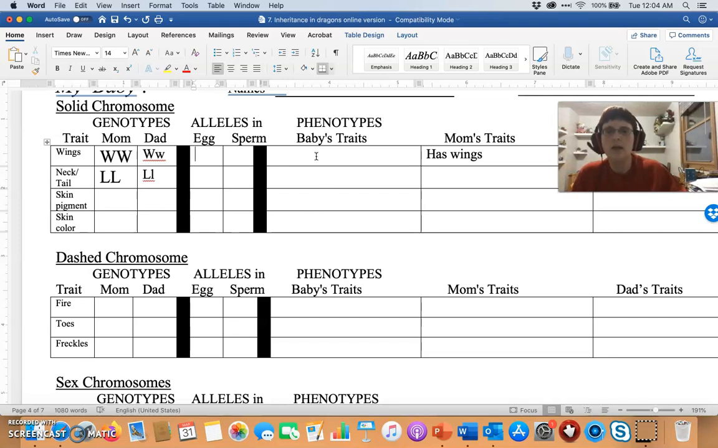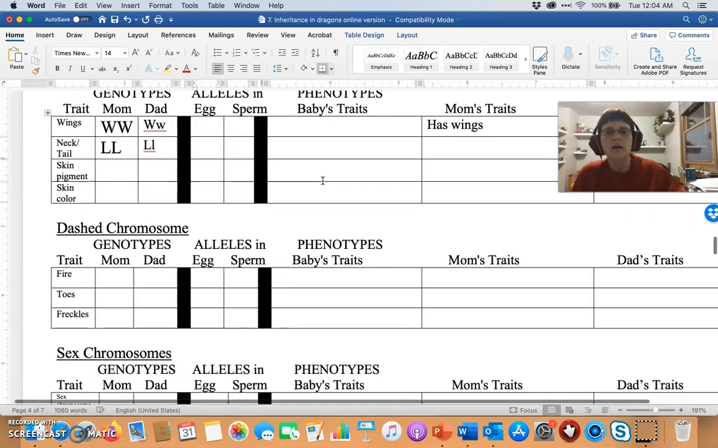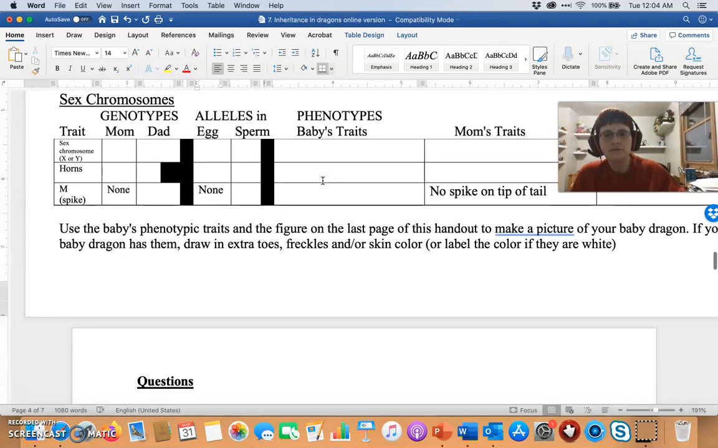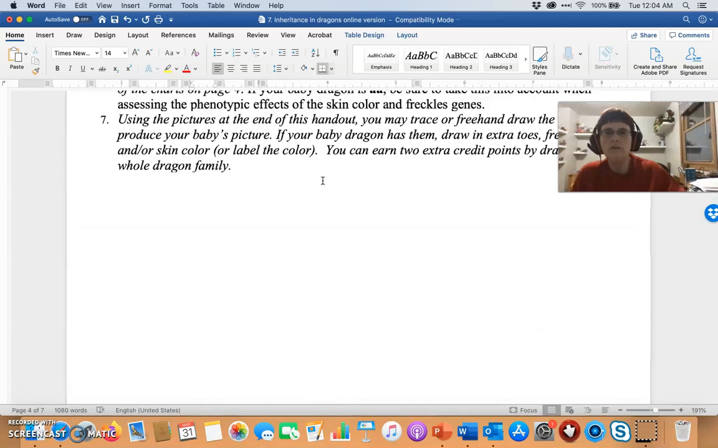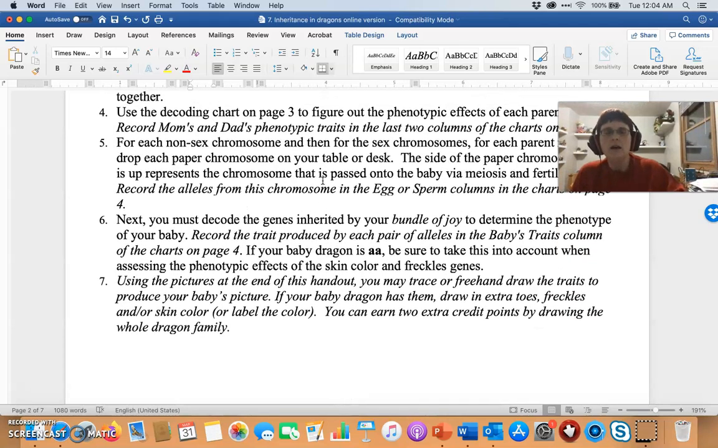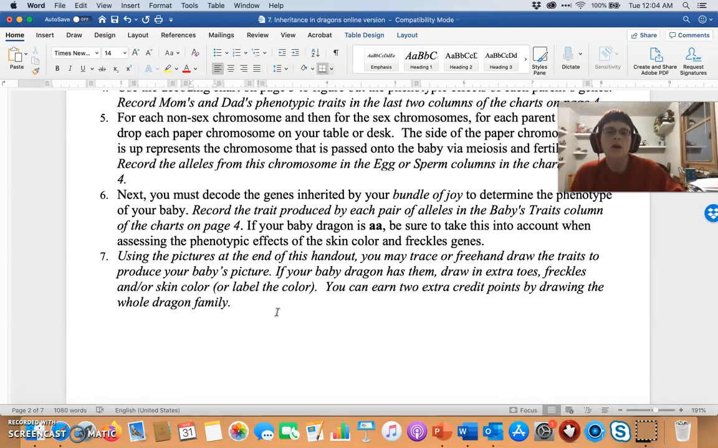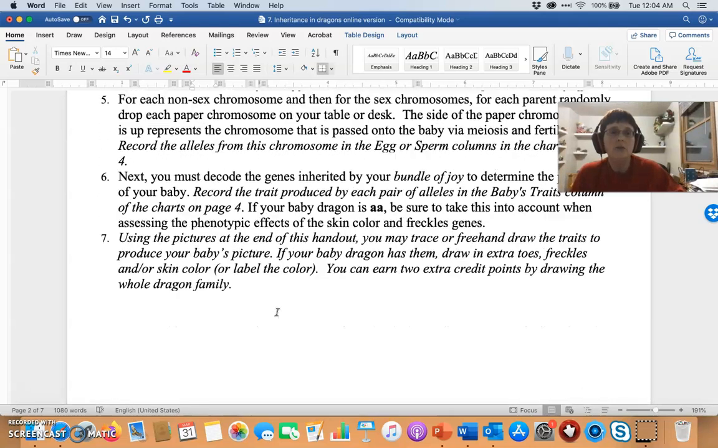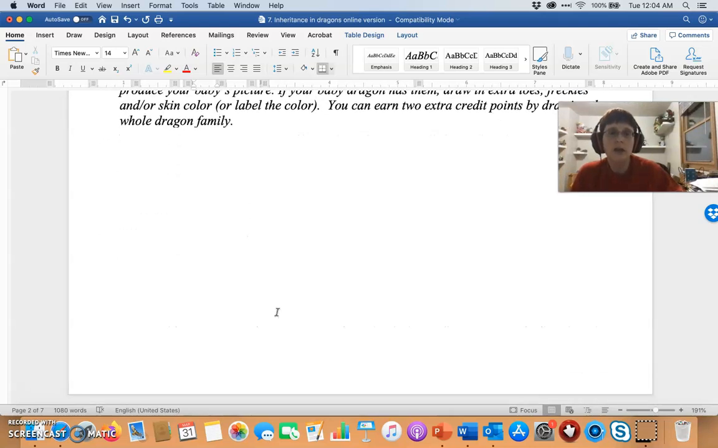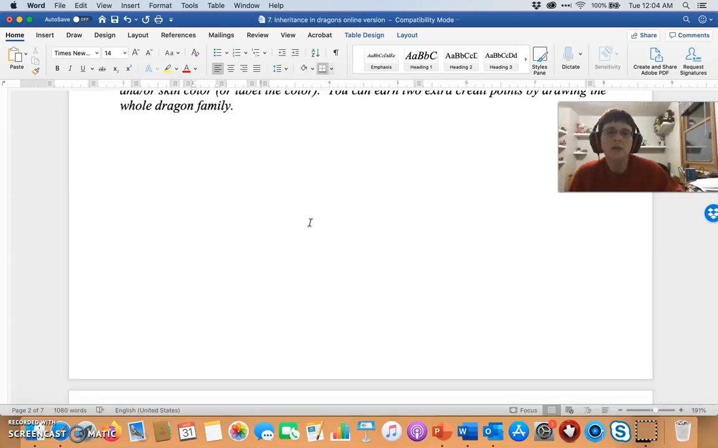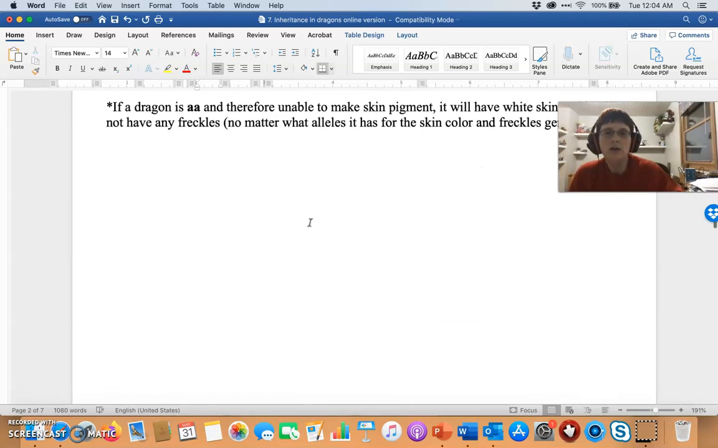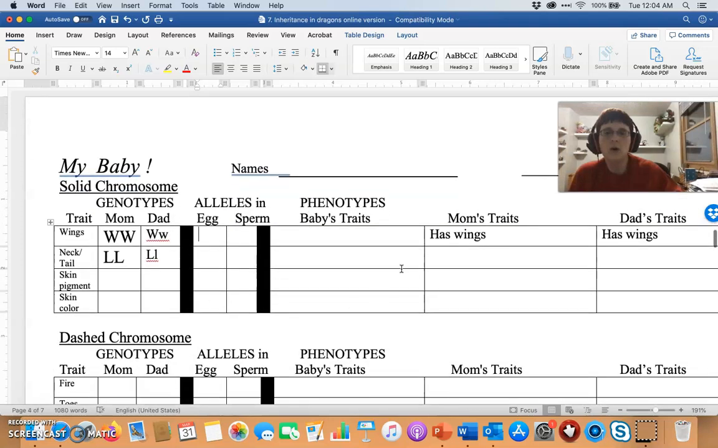So does it have wings? Does it have a long neck or a short neck? And so on down. Once you have finished all of that and you've decoded everything, then you are going to draw your dragon. You need to draw your baby dragon, and you're not going to be able to draw that in your document. I do want you to type all of your stuff in the document,